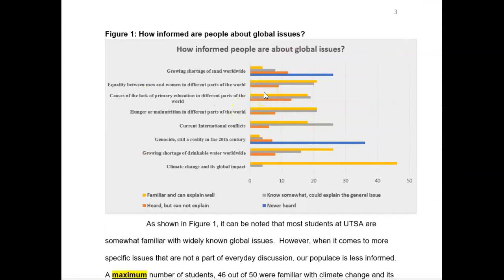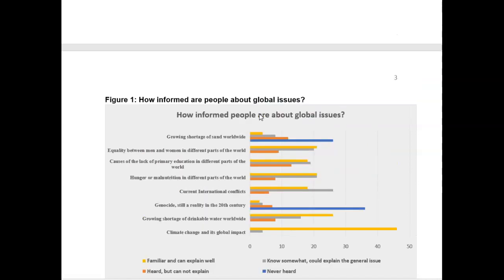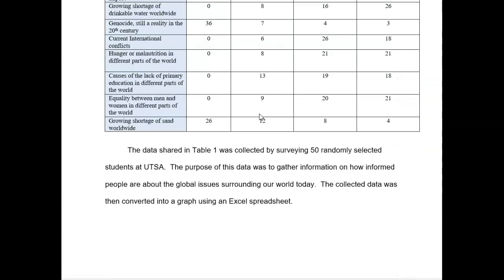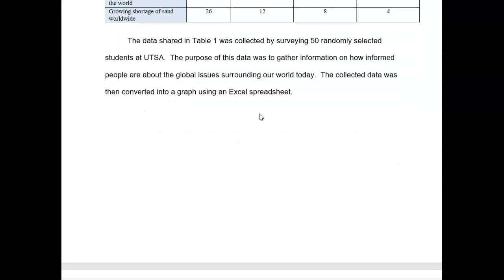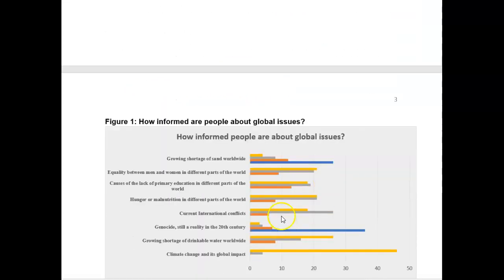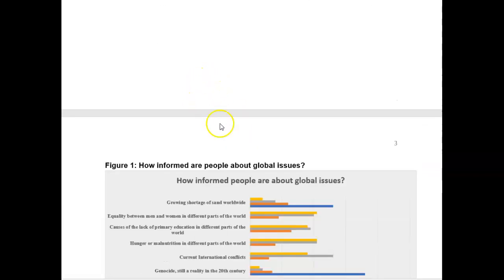So next, I've scrolled down to page 3. And here we have the graph that's been created using an Excel sheet from the data we gathered here. Now, I had to have all this empty space because this graph would not fit into this small space.